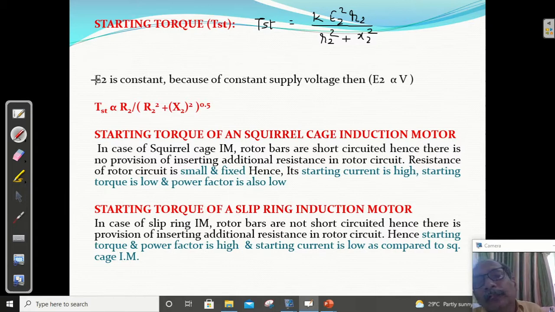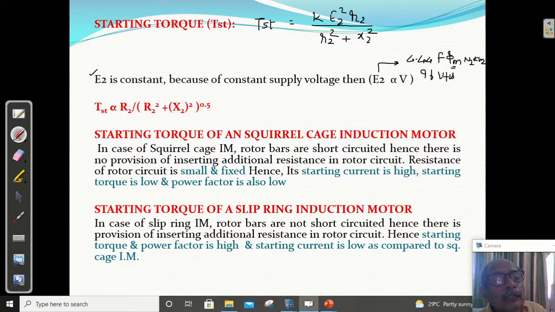Now suppose E2 is constant. What is the expression of E2? E2 equals 4.44 F phi m N2 Kw2. Who is producing the E2? It is phi m. And if voltage is constant,